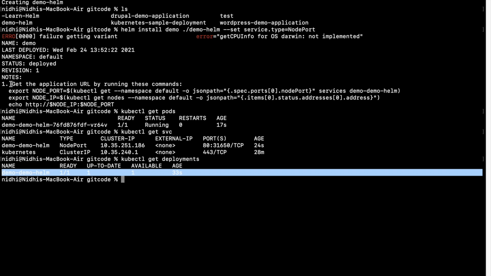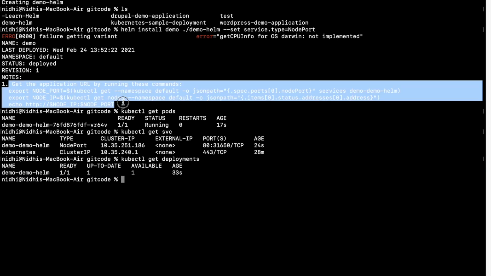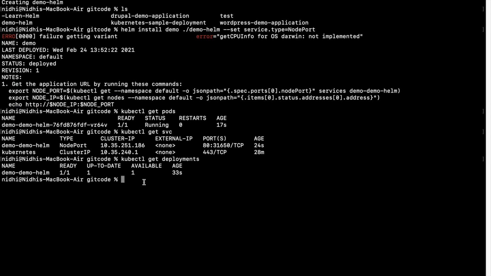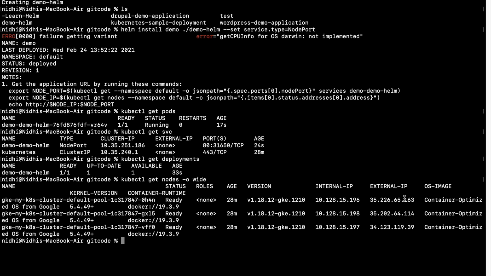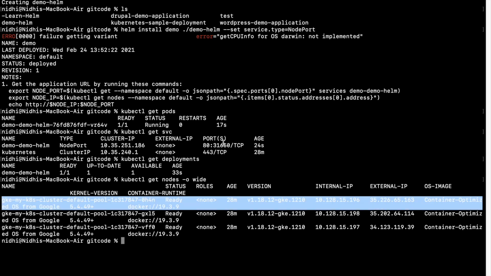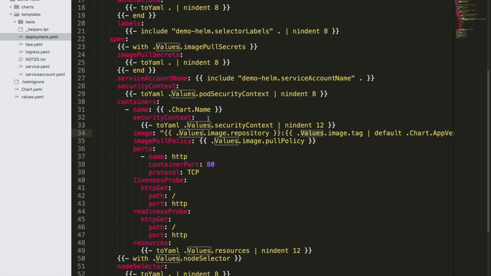And for access, you see that it is providing you all the details on how you can access it. I'm running it on Google Cloud, so my node IP is the external IP of the node. I can get it from here. Here you can see this is my external IP and this is my port. I've already opened this.